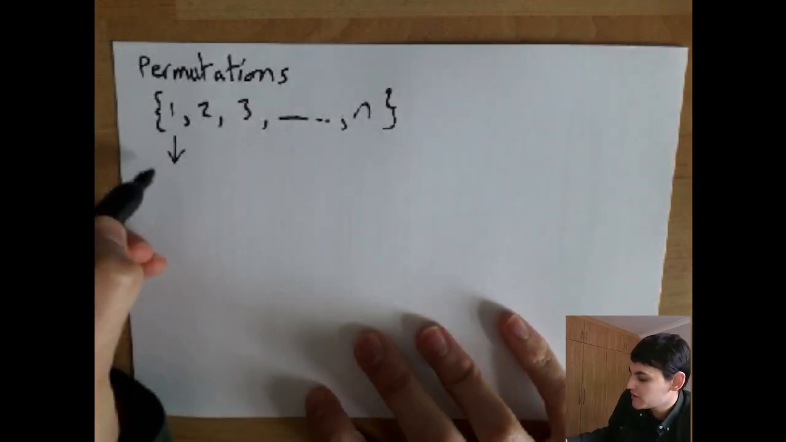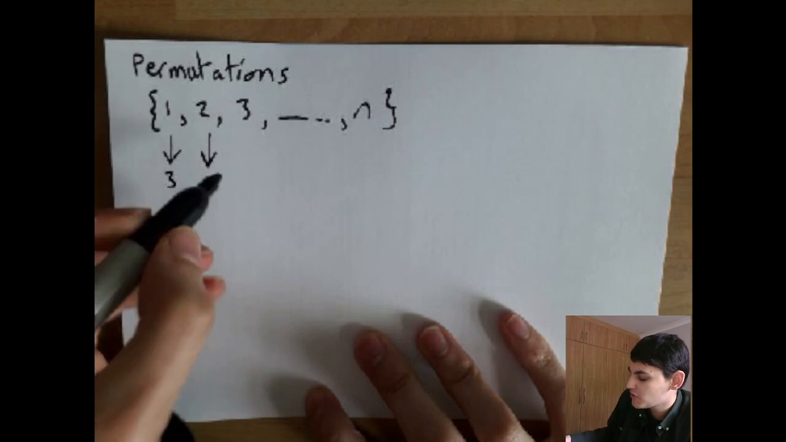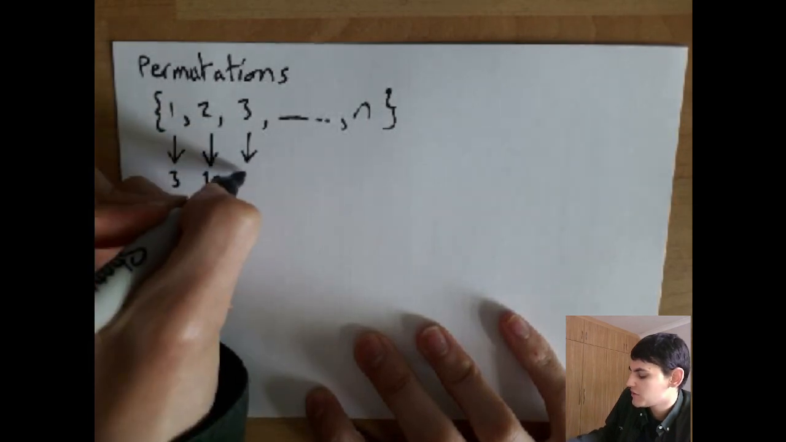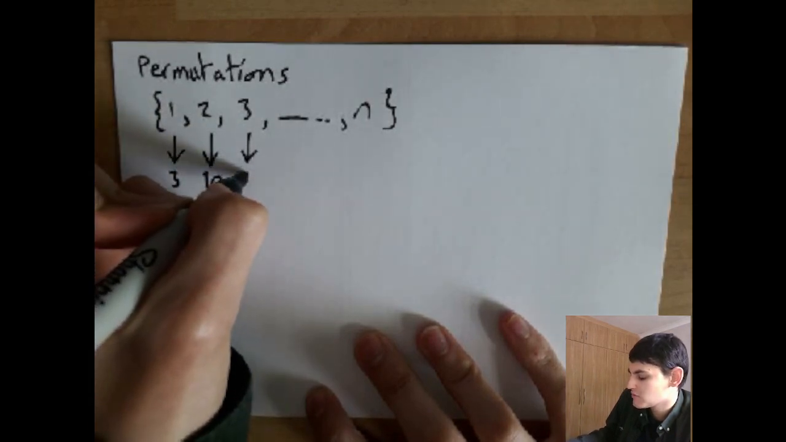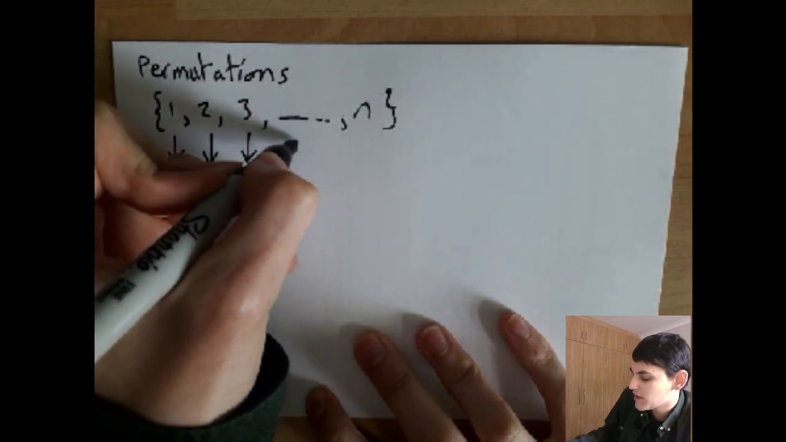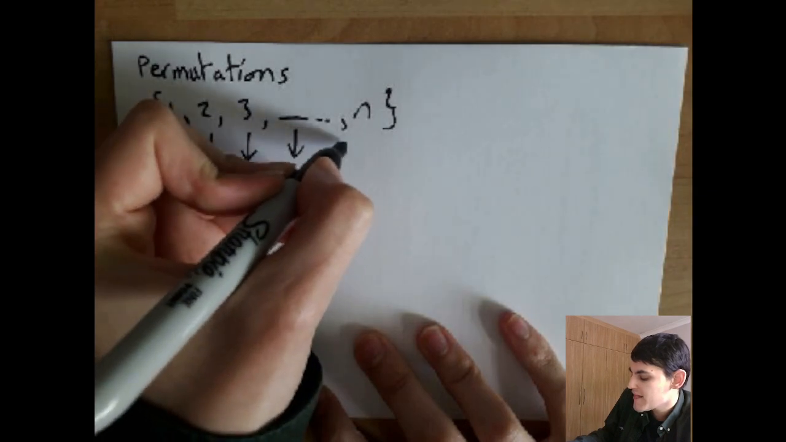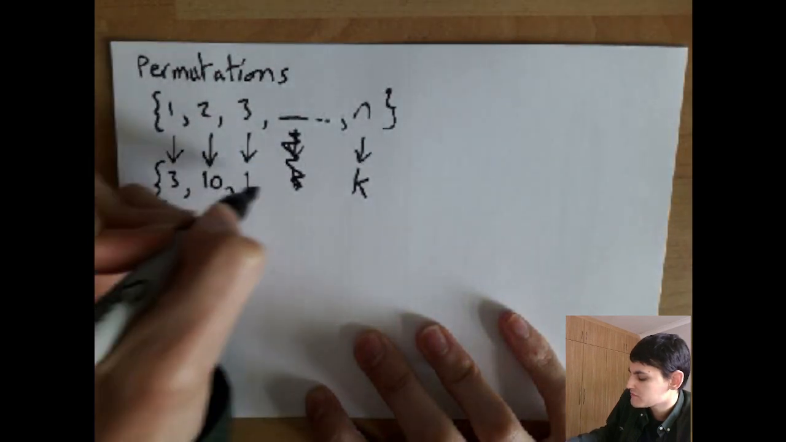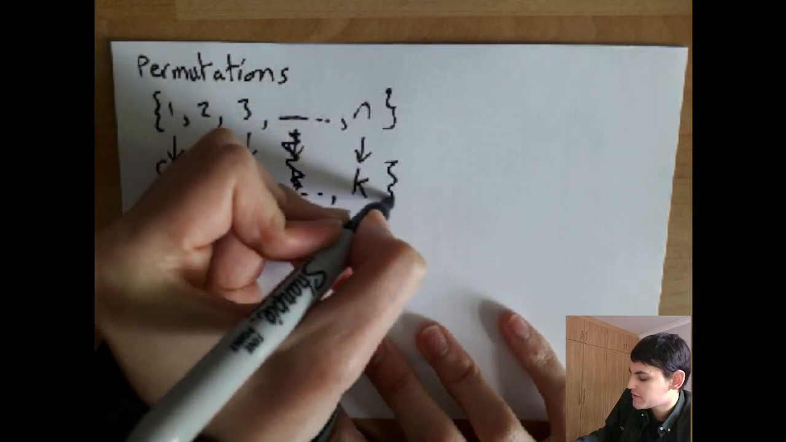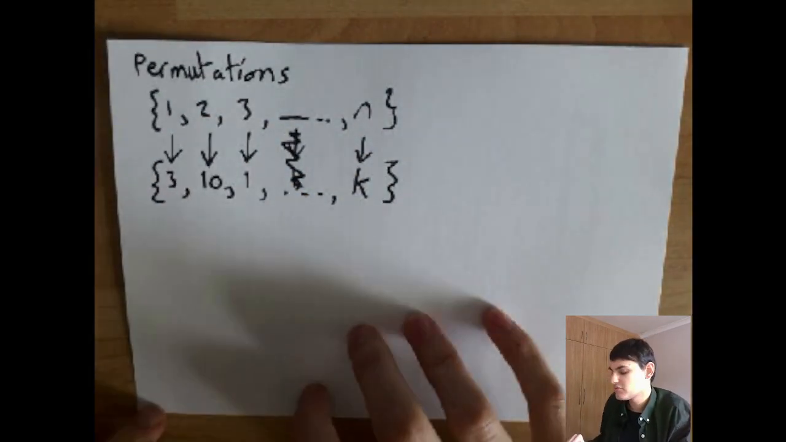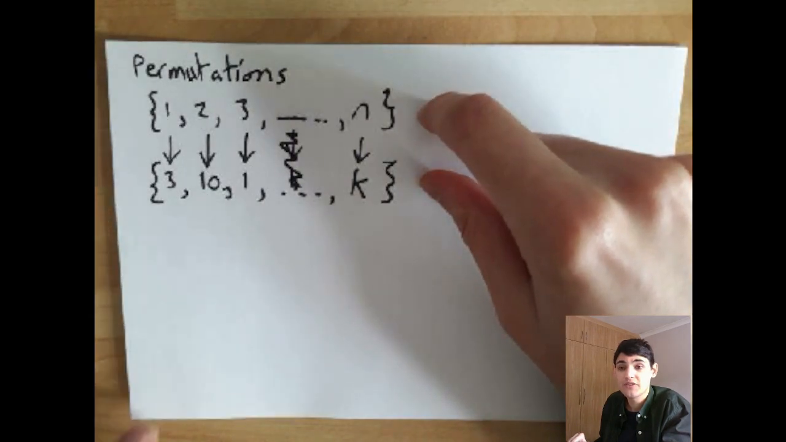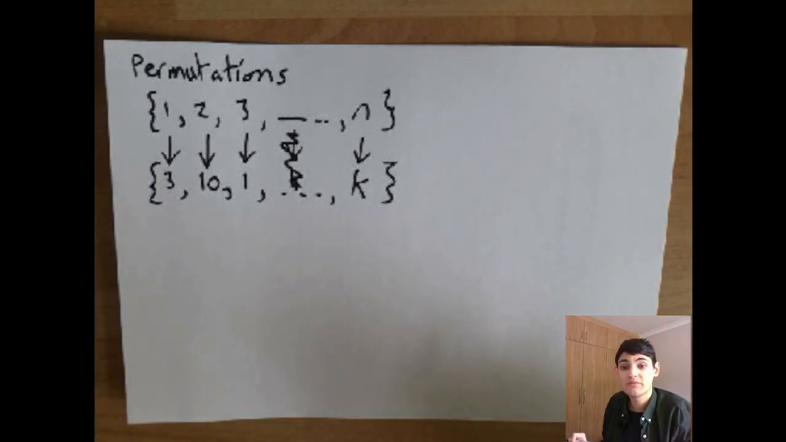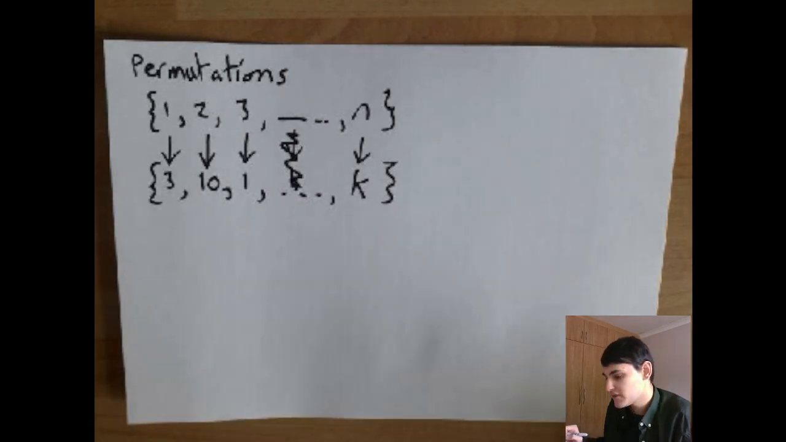So 1 might go to 3, 2 might go to 10, let's say 3 goes to 1. Then we'll have something goes to some number k, and then n, actually no, we'll say n goes to some number k. Okay, and that's a permutation. This is what's known as two-line permutation. You can actually also write these in cyclic form, what we call cyclic notation, and that just means that